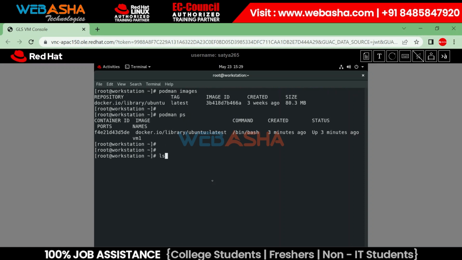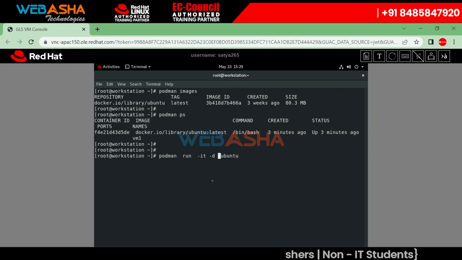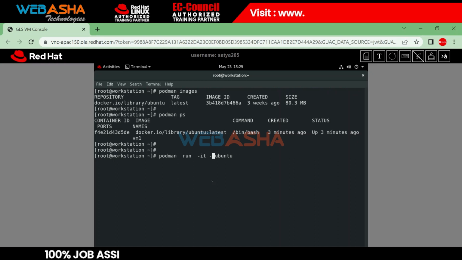Now, next, earlier we created a container without a name. If you don't mention a name, it will create the container with a random name. Now, what does the D mean? D means we can say detached mode. If you don't mention the D option,